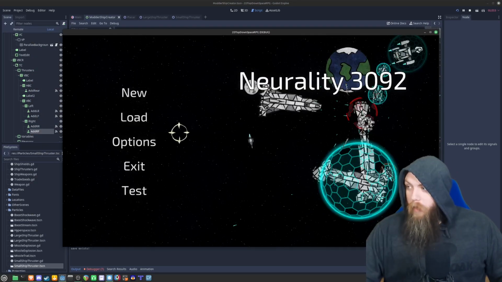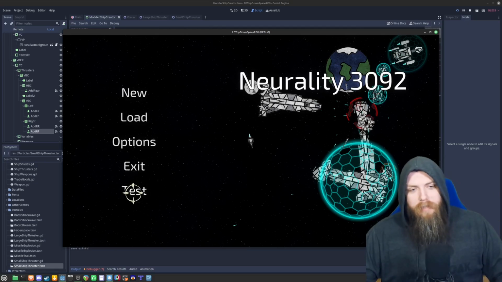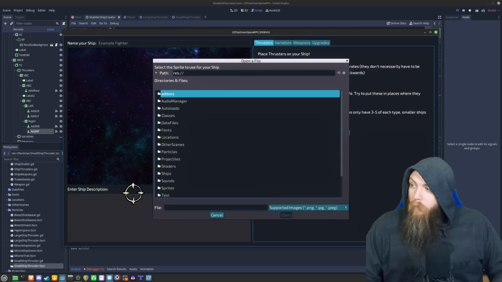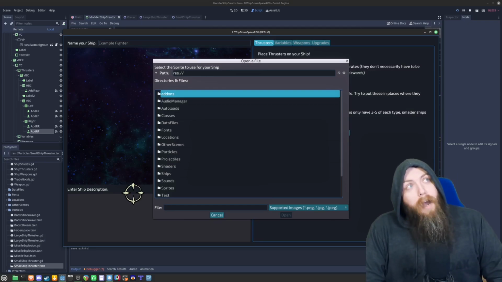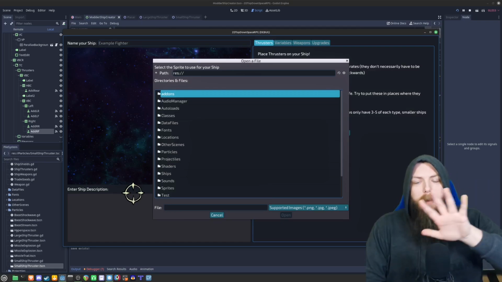Boom. So we opened the game up. Awesome. Cool. Thanks for checking out the game. No, I'm kidding. So we hit test, and this now brings us to the screen that I'm working on. Last time I did a devlog, I found out how to dynamically create collision shapes and light occluder shapes just based on the sprite. And I've taken that and made it into